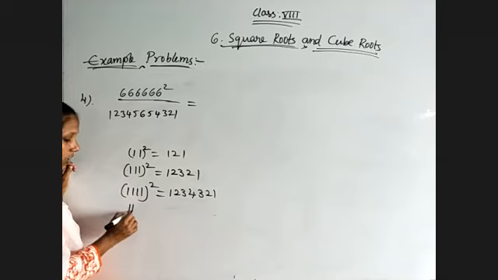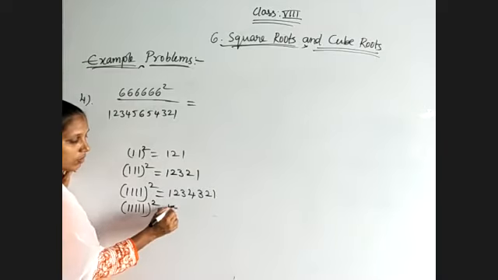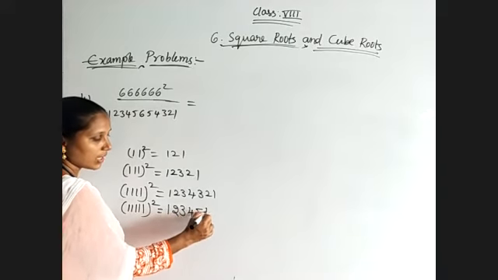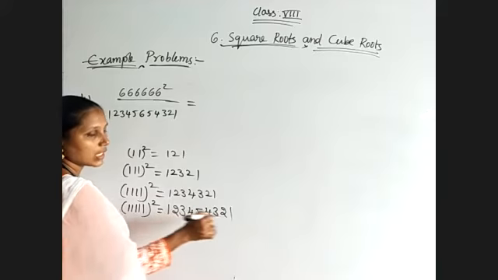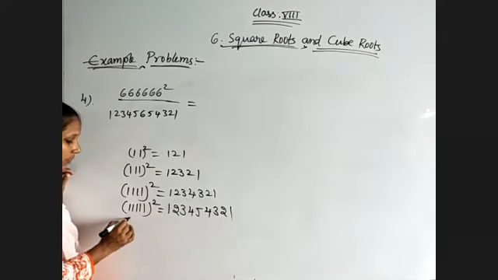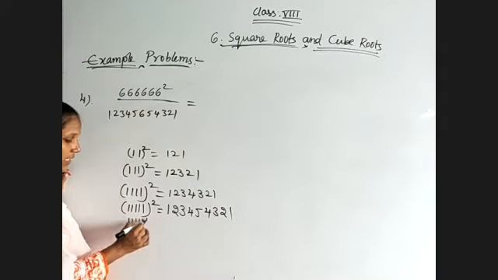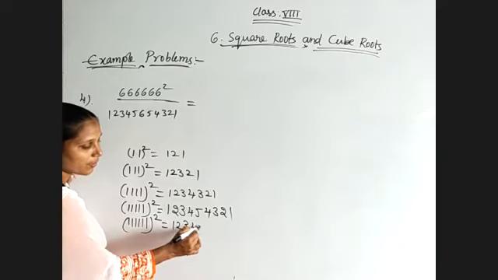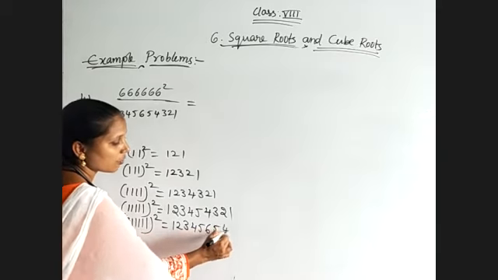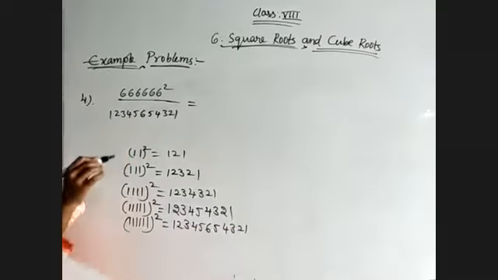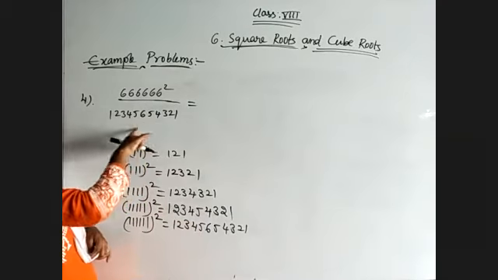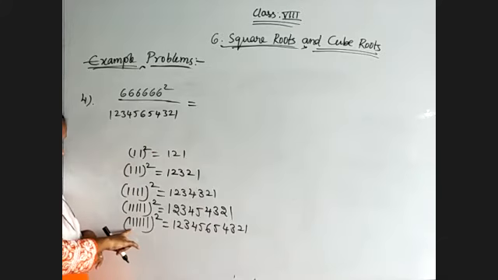And 1, 2, 3, 4, 5 times whole square will be equal to 1, 2, 3, 4, 5, and again we will get 4, 3, 2, 1, in inverse order. 1, 2, 3, 4, 5, 6. What will we get? 1, 2, 3, 4, 5, 6, 5, 4, 3, 2, 1. So observe this: 1, 2, 3, 4, 5, 6, 5, 4, 3, 2, 1 is nothing but the square value of